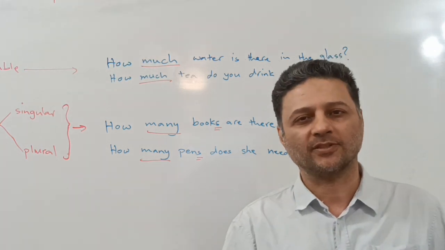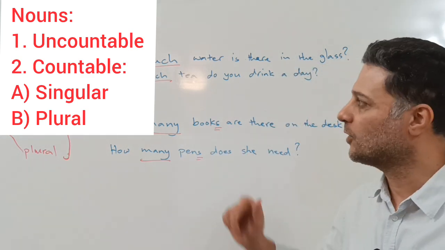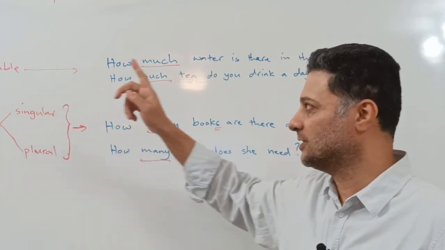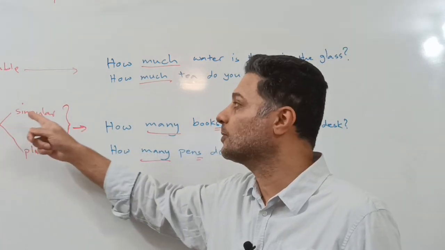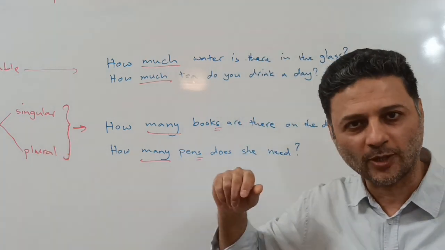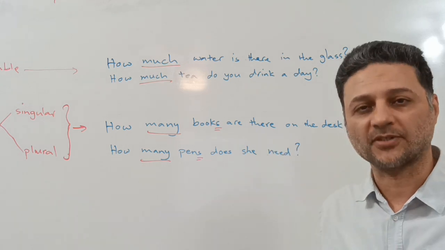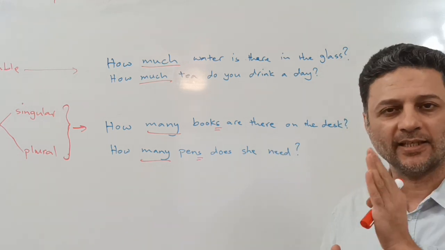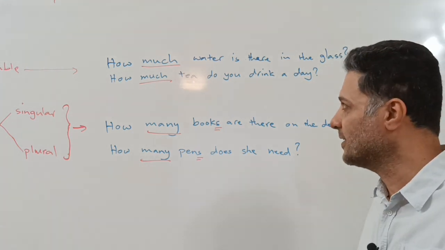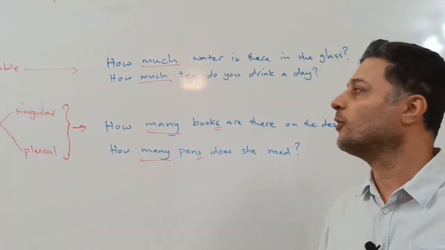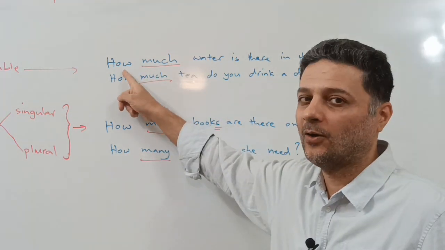If you have watched the previous videos or one of the past episodes that we talked about, the nouns and their classifications, whether they are uncountable or countable, and the countable is divided into singular and plural forms, right? Like when we talked about nouns per se, and also we talked about there is and there are, existence of people, objects, whatever, right? Now, today, we are going to focus on how we can make a question, beginning with how much or how many.